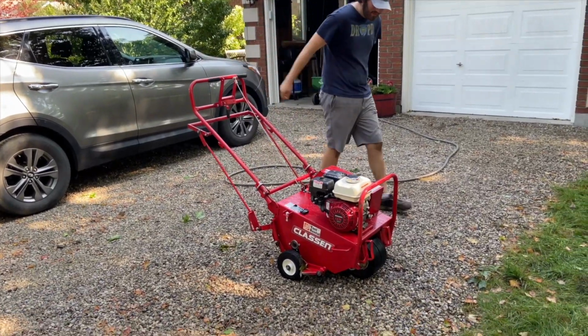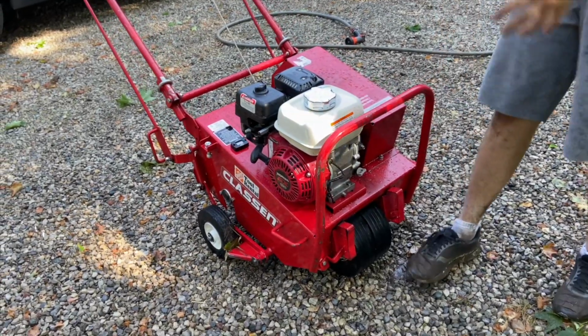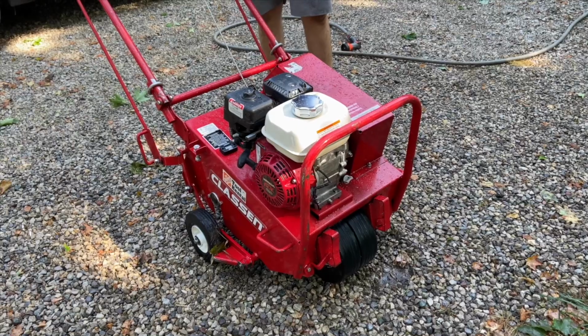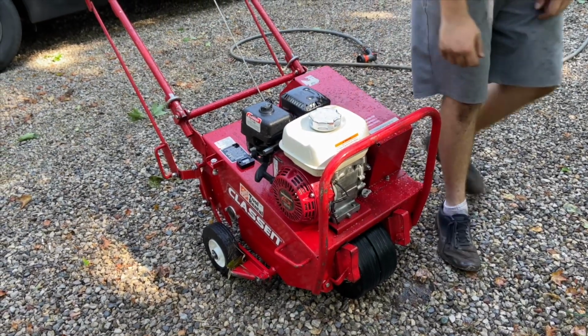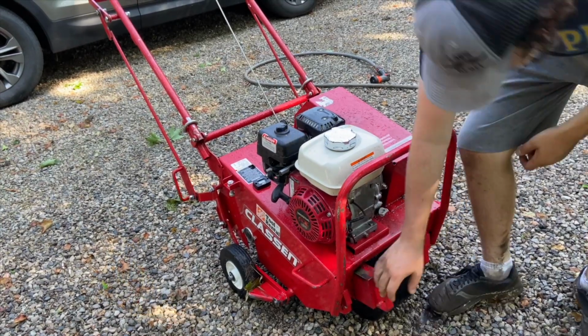Finally, on the front of the aerator, there's two weights. These weights are here basically to hold the front of the machine down, because there's a lot of force as those tines dig into the ground and rip out the cores. So these weights on most aerators are removable. You can take them out here,